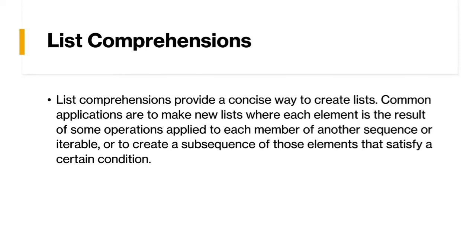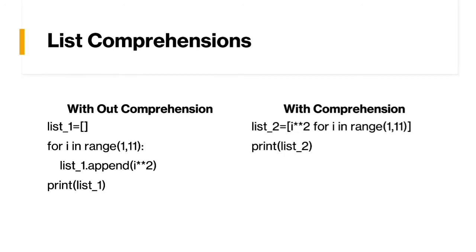What do we really understand by comprehensions? This slide will be the answer to your questions. Without comprehension, if we want to create a list which is just the square of elements in a certain range, I will require a code of say 1, 2, 3 and 4 lines, right? So it is a simple program of printing squares in a list, and we have seen many such examples before also. But the same code can be converted into a single line of code if we use list comprehensions, right?